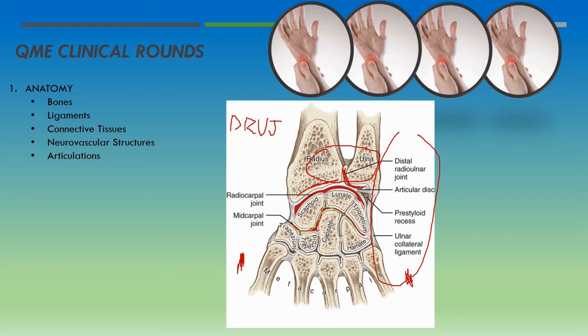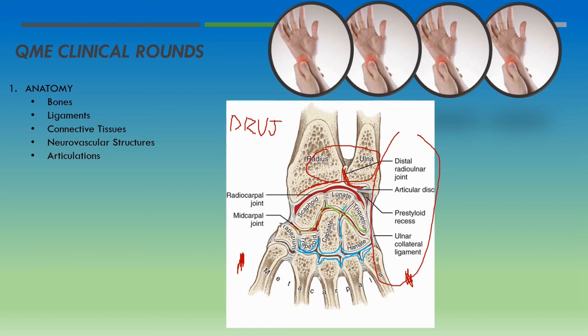We have the mid-carpal joints here, and notice that they have their own separate and distinct synovial cavities. And each of the carpal bones is covered in its own layer of articular hyaline cartilage. So these are all synovial joints of the carpus, and these synovial joints are subject to degenerative change. They're subject to injury, just as any other synovial joint throughout the body would be. Okay, so that's some of the basic anatomy structures that we're going to be involved with in dealing with our particular injured worker